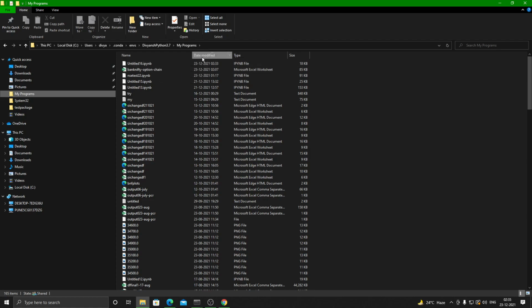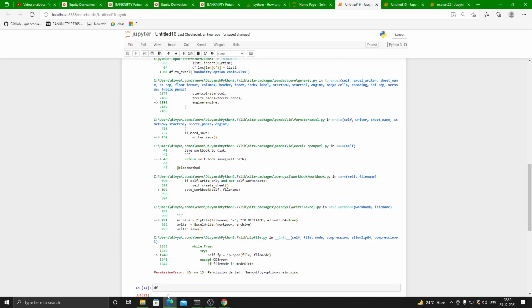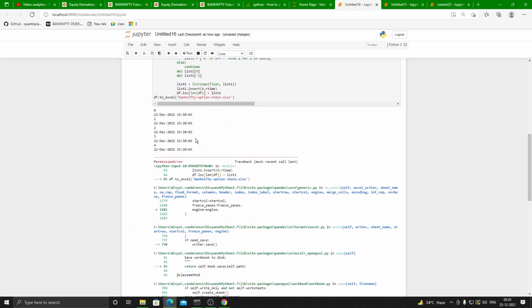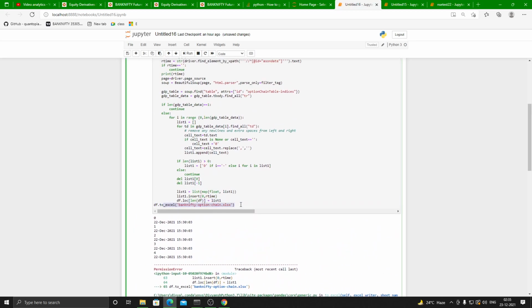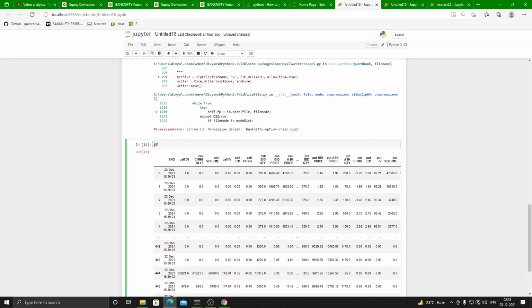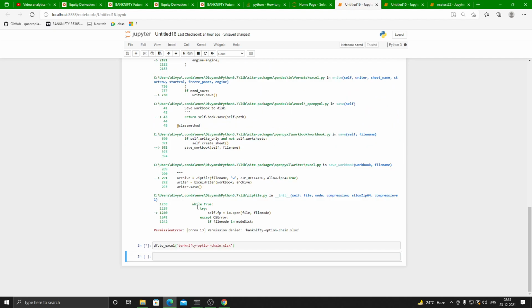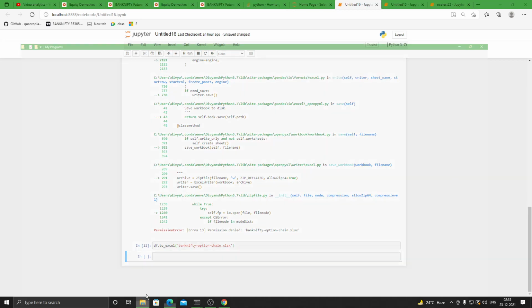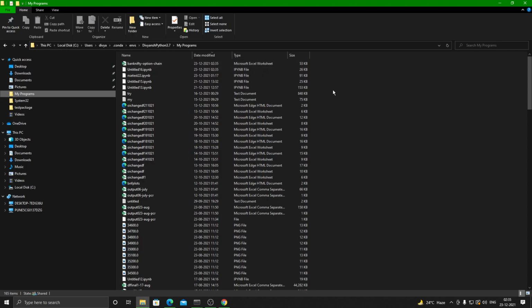So if you see, there's the Bank Nifty option. It does not show, because it has not written, right? But we can do it right away, because the program kind of got stuck at this point. So we can run this part again and write the file. Okay, so it has written the file, and you can see it has changed the time from,